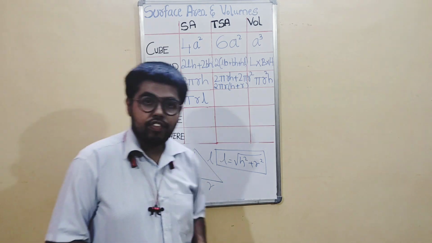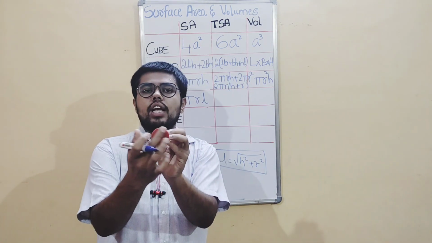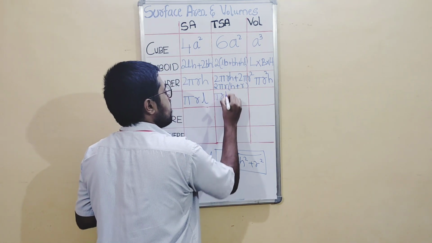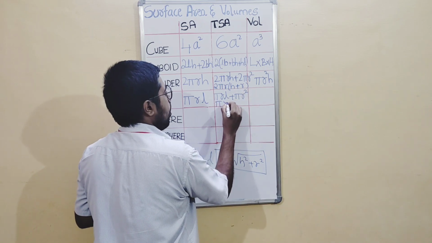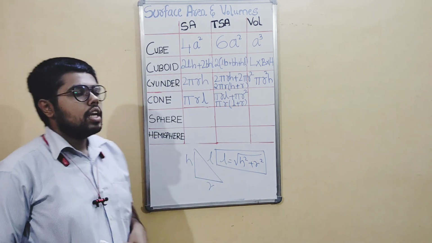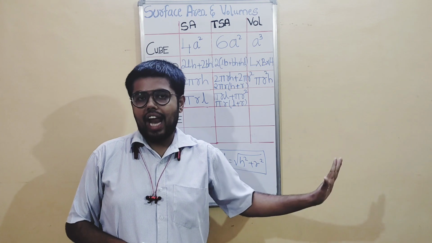Now coming to total surface area of cone. What do we have left? We have left one circle. This circle area is pi r square. Therefore, pi r L plus pi r square. Now take common, pi r is common, remaining is L plus r. So only in the cone figure we have slant height. Nowhere else is there a slant height concept.